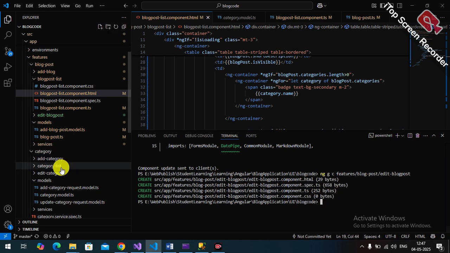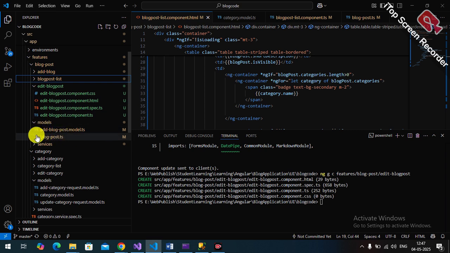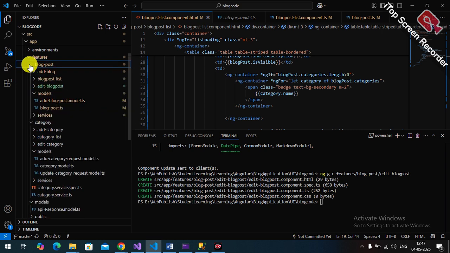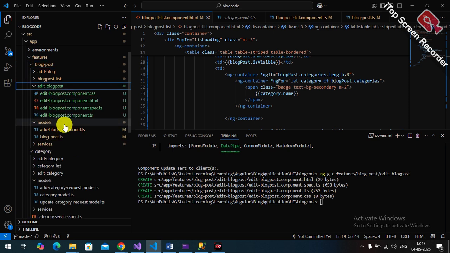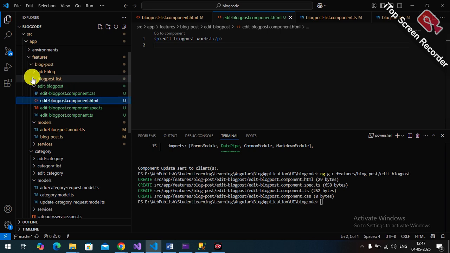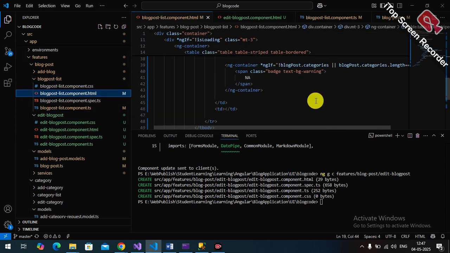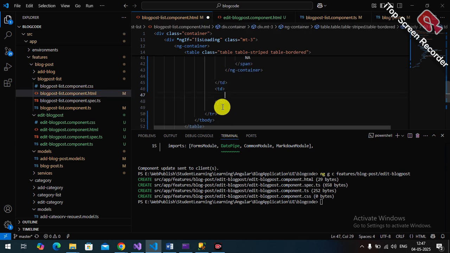So here I added the edit blog model, under the same blog post section. Now I need to add this link to the blog list so that it will redirect there. So here I will add a button. Okay, so for this what I need to do,